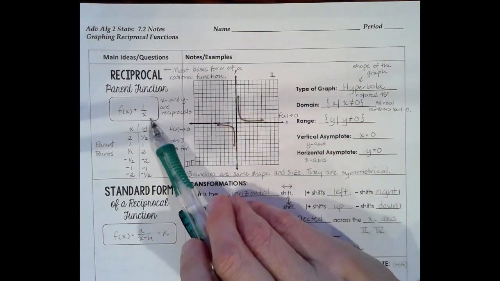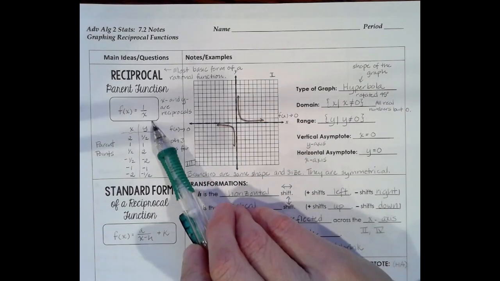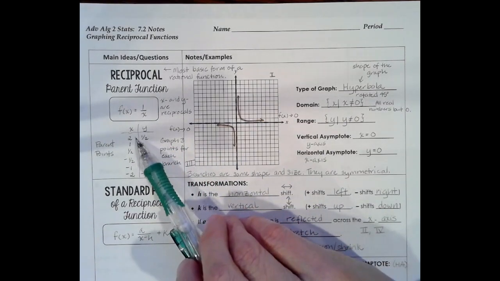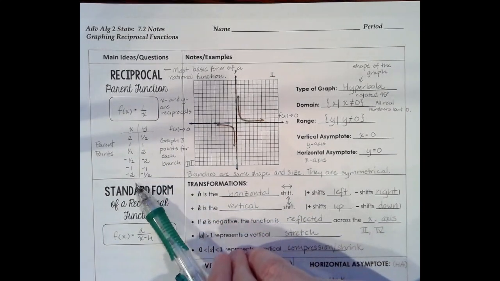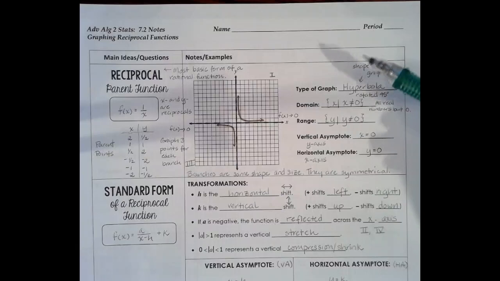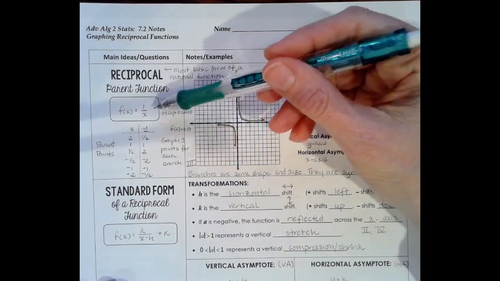It's f of x equals 1 over x. So you can see that x and y are going to be reciprocals of each other. Let's graph some parent points. We'll pick the points 2, 1, 1 half, negative 1 half, negative 1, and negative 2. And at least let's look at what the x values do that are positive when we plug them into this